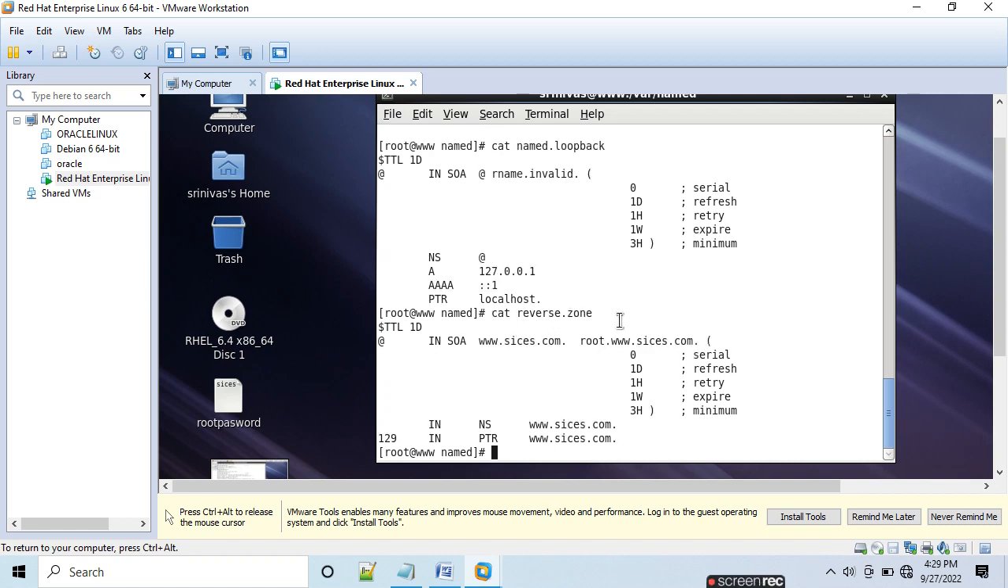So you can see in the reverse zone again this @ is replaced by www.sics.com, and rname.invalid is replaced by root.www.sics.com. Here at the last we have to write the IP address. The IP address of our machine was 192.168.255.129. So whatever the last digit is, 129, that we have to write here in PTR, because